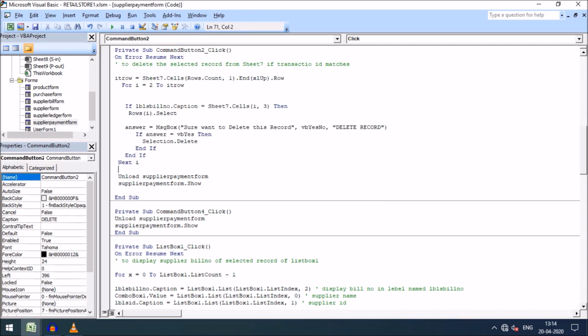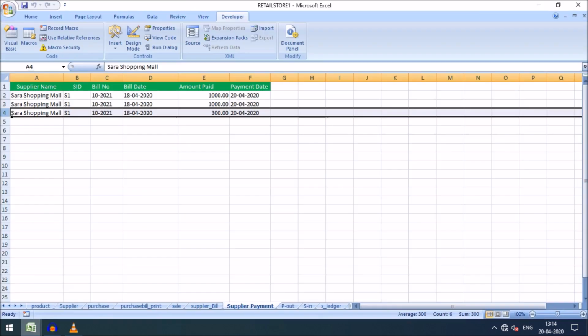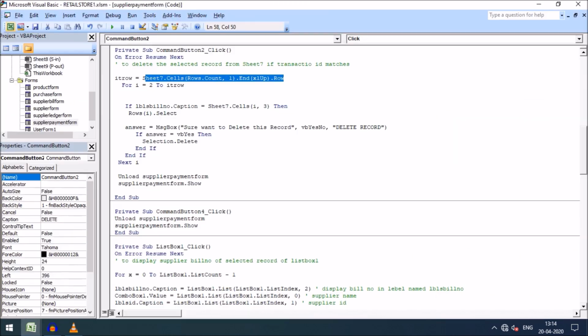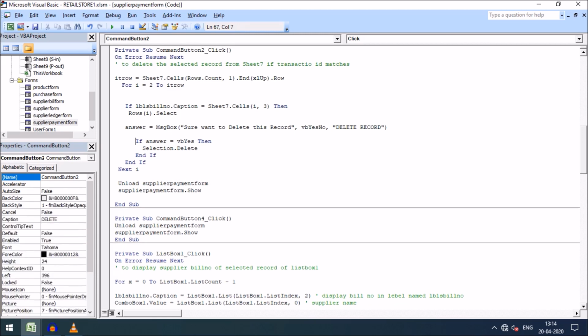So I have counted the total number of rows in sheet 3, and for i is equal to 2 to i row, that means the 7th sheet has started from the 2nd row. I have used this for loop, and here I have checked the bill number with the 3rd column of sheet 7, and if it is equal, then it will be selected, and then a message box prompts that this bill will be deleted.